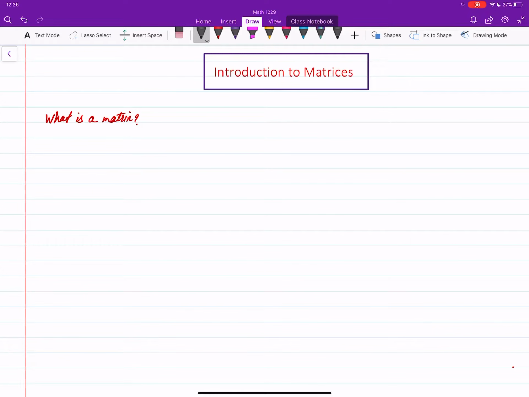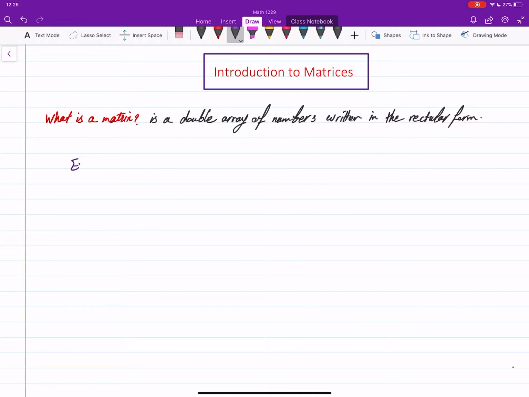Well, a matrix is a double array of numbers, which we write in the rectangular form. Something like, for example,